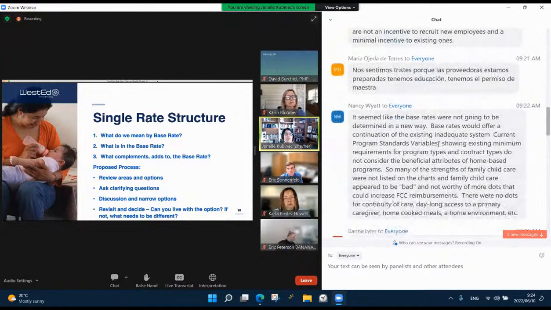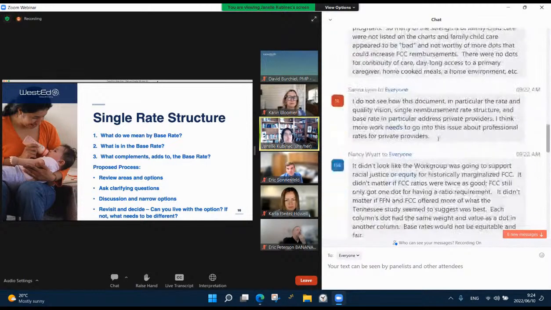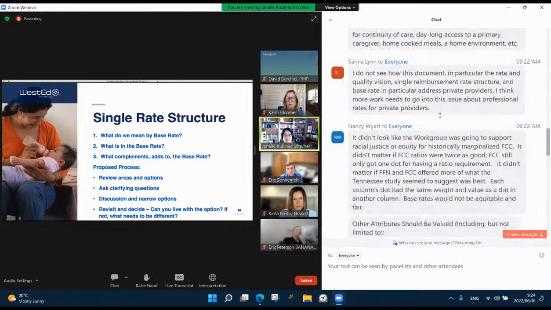And if not, what needs to be different? So we'd ask you to raise both, if you can live with it, and if not, be clear about what would need to be different. How do we make it work? So we're really focused on the working group aspect of your title. We need to work together to think about how it's going to work. So that's the process that we will be using as we proceed through these options and the discussion of the